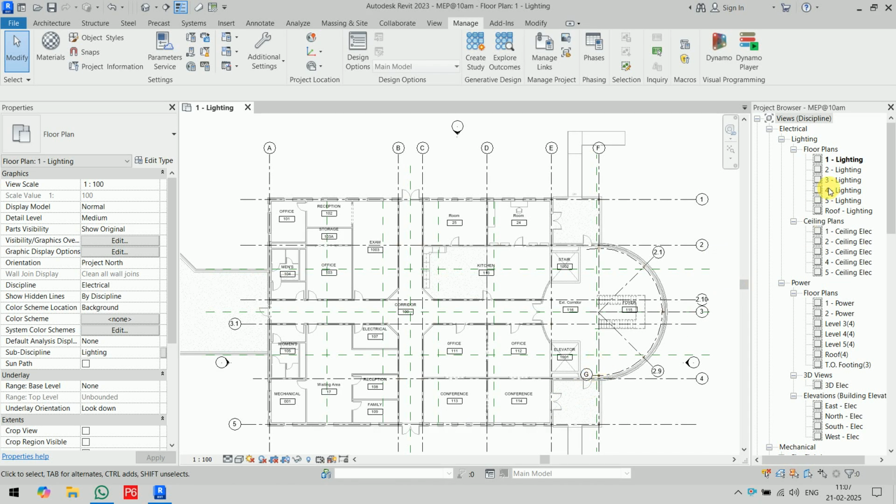So after the creation of all the spaces and all the respective floor plans and ceiling plans as per discipline and sub-discipline, now we have to first start with electrical, and the first sub-discipline is lighting. For lighting, we have to place lights in each space because we require illumination in those spaces. First thing is how much illumination